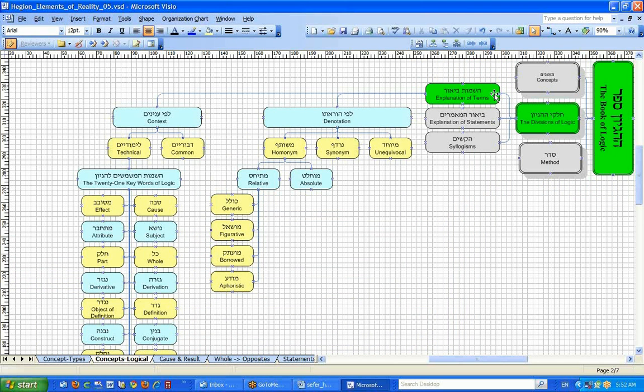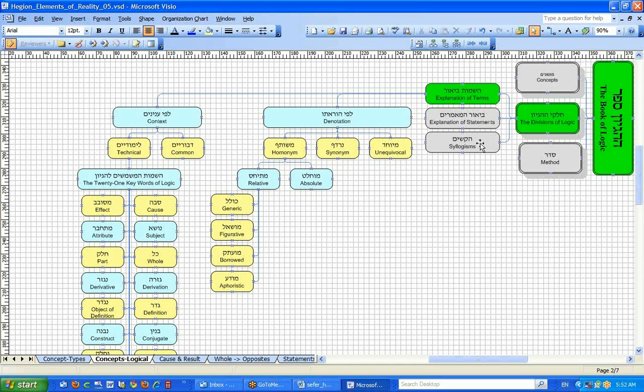The second is to build statements with those Shemot. In other words, you have to take a nase and a nasu and put it together and make a unit called a statement. And the third thing that one does is syllogisms, which is adding statements together to produce new ideas. So that's his three-step breakdown of Higayon: